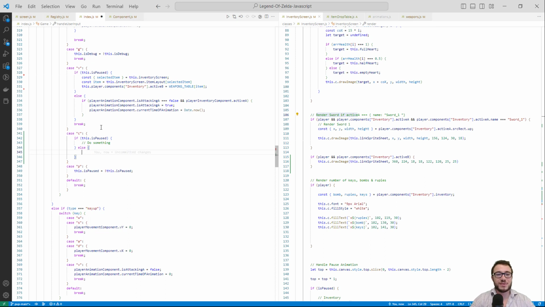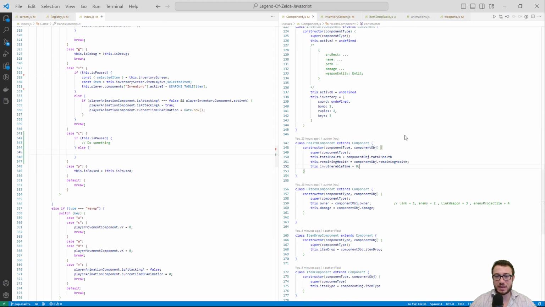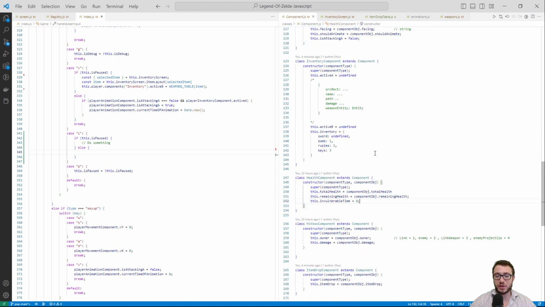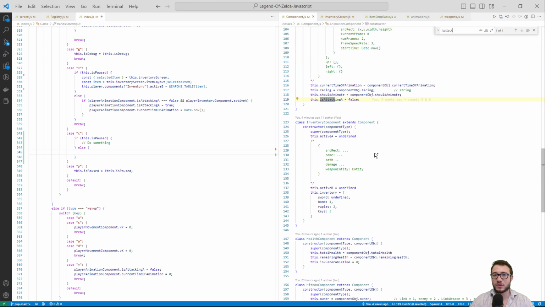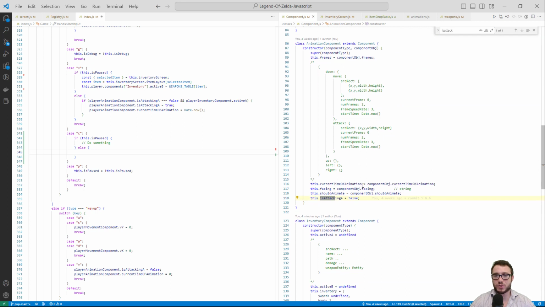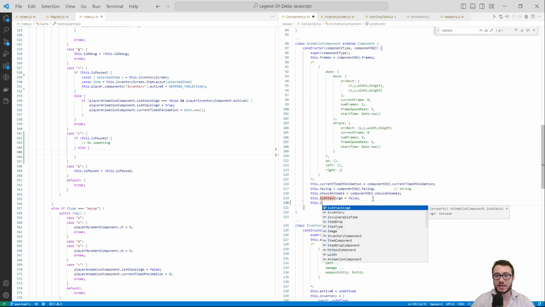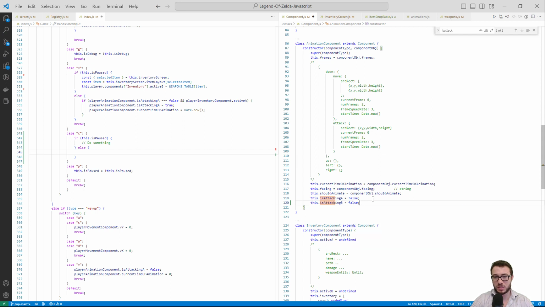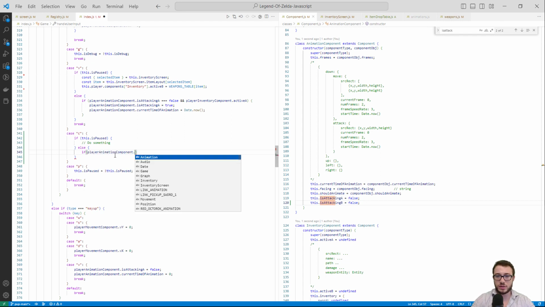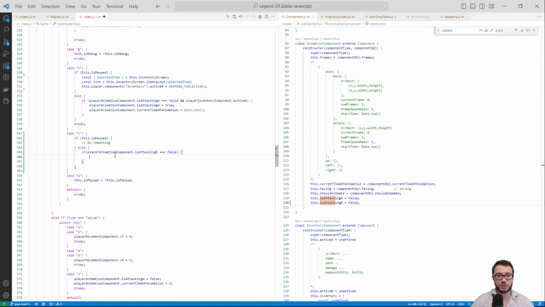if it's not paused. And what we're going to do now is we're going to set the player's is attacking B to true if the player presses C. Now if we go here, is attacking, we only have on the animation component an is attacking A, but now let's add an is attacking B and set it to false. And we'll say if player animation component is attacking B is equal to false, so we only want to set it to true if it's already false. Then we set this player